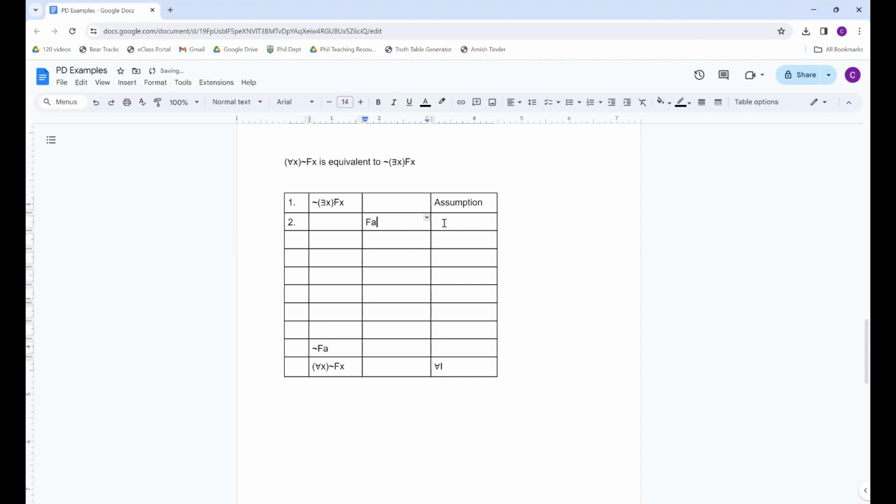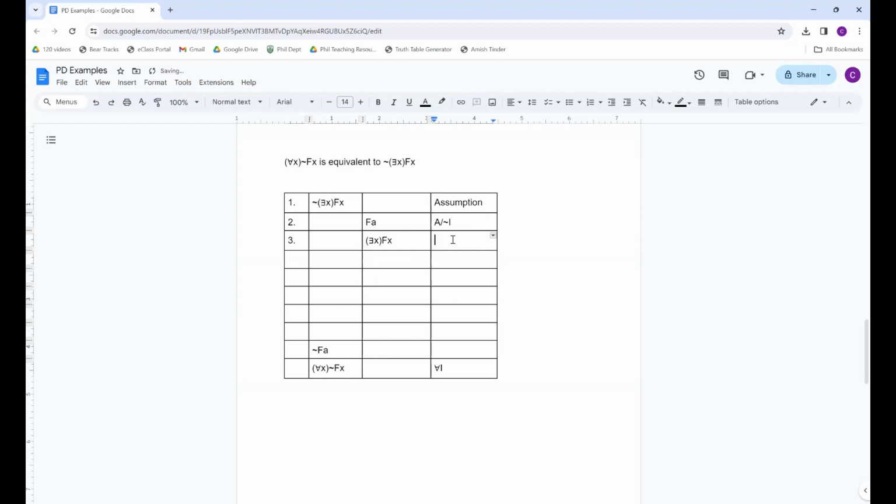So we will assume FA for negation introduction, and then we'll try to derive a contradiction. And of course, remember that when you're trying to derive a contradiction, what you typically want to do is derive the opposite of a sentence that you already have in your derivation. So we would want to try to derive the opposite of this. And that's actually not going to be too hard to do, because since we have FA, if A is F, then it is the case that something is F. So from FA, we can get this